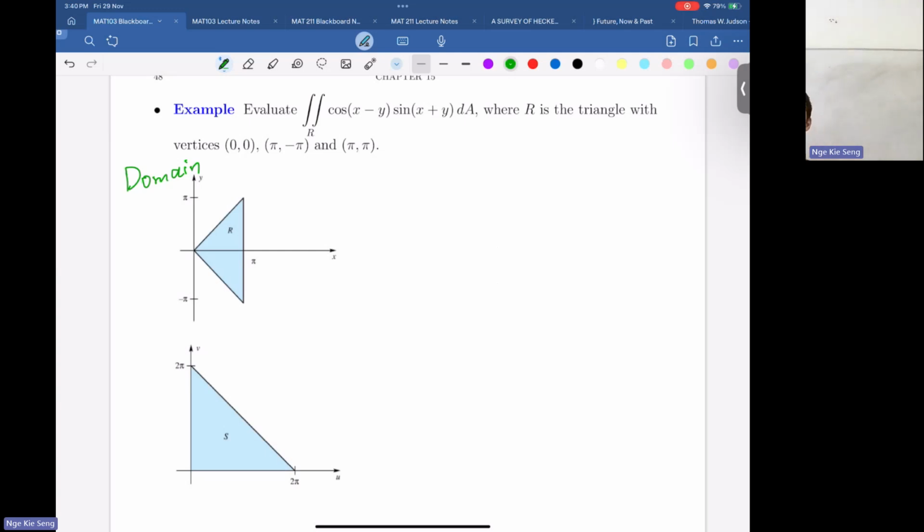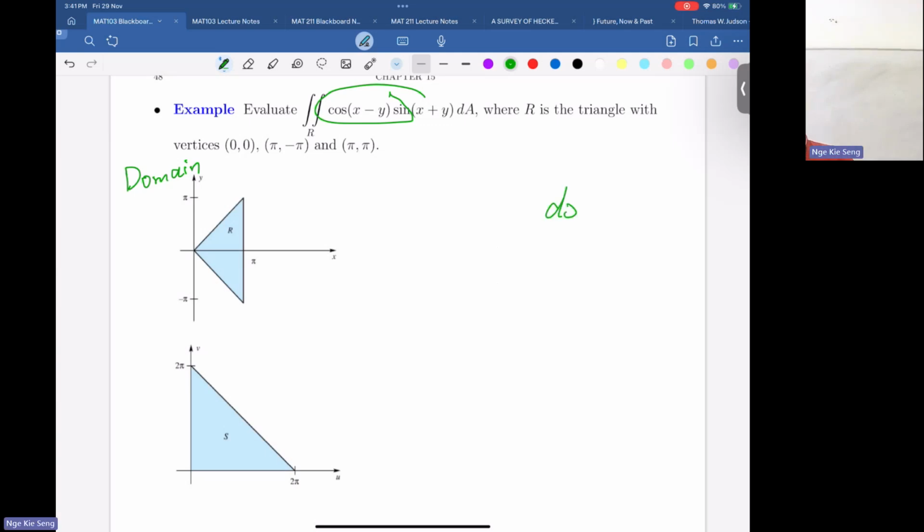So what's the technique I taught you in the morning? So this is a continuous function on a general region. What do you do? You can use Fubini, either dx dy or dy dx. So you should determine your region, the upper bound and lower bound. But do you know how to integrate cos of x minus y or not? 会不会？